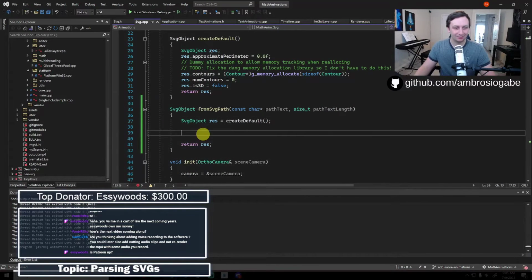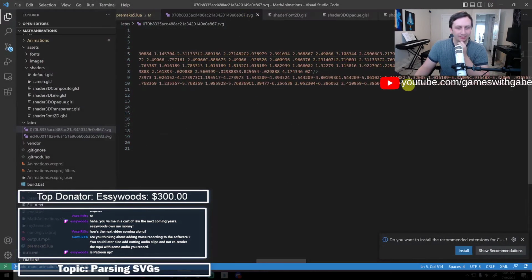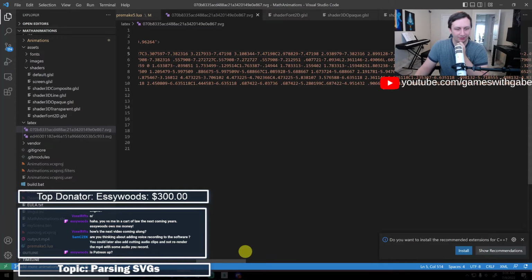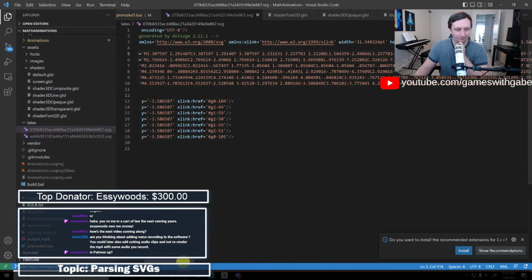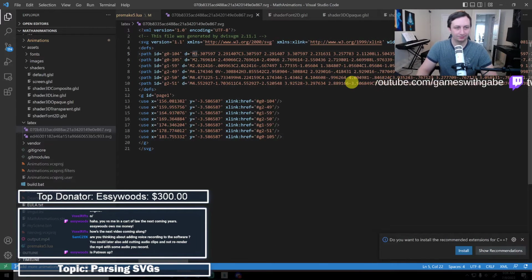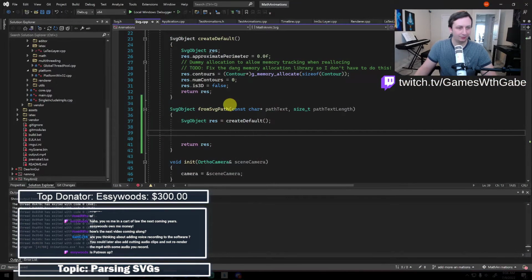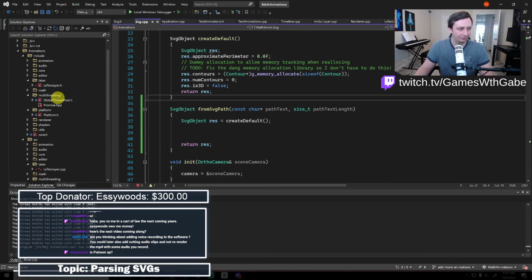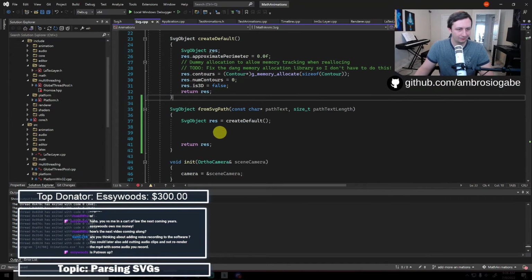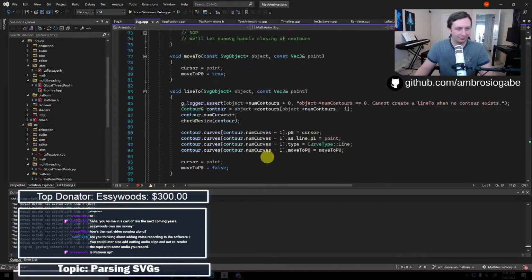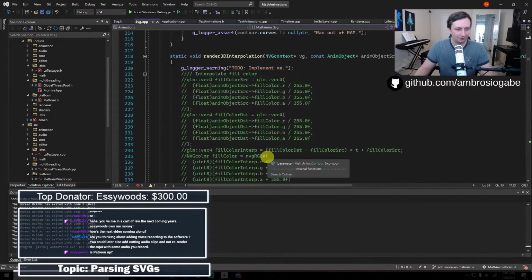Okay, anyways, though. So we've got this, and basically what we're going to need to do is have a parser. I think this is probably going to be best in a new file. I don't know, I'm probably just going to keep it all in this file.